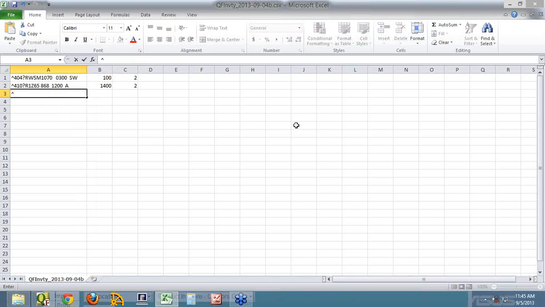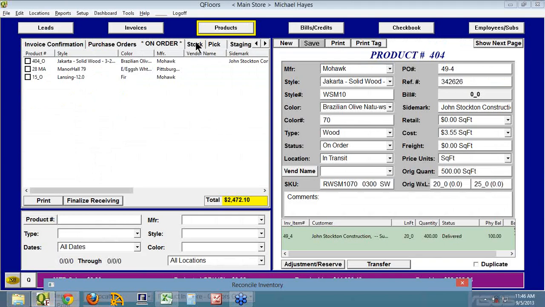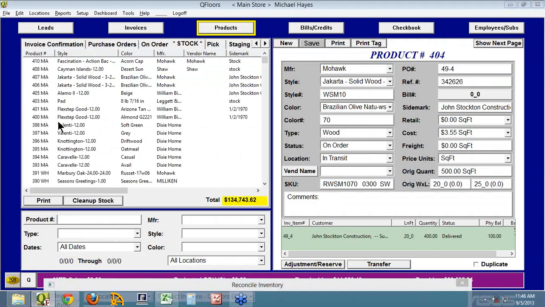You can type this in manually, and we counted 800 square feet or yards or pieces, or 1, 2, 3, or 4, whatever the unit of measurement is. You can hand create the file that way. You could perhaps go to your stock list and export that list. Hold the shift key down on your keyboard while you click the print button,